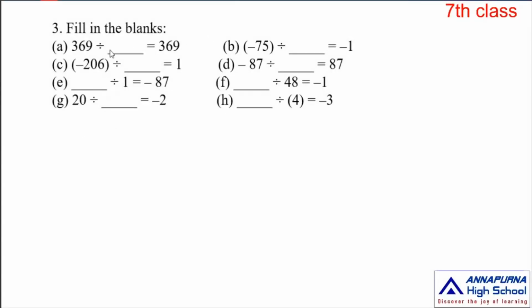So the third one is fill in the blanks. It is very easy. By using divisibility rules, you just fill in the blanks. Do you know the divisibility rules? If you divide any integer by 1, we will get the same integer only. If you observe this one, 369 divided by dash is equal to 369. To get the same number, which integer is to be